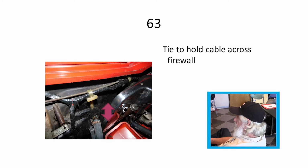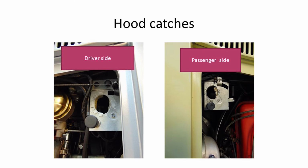The cable ran across the back of the firewall, was up with them nice clear plastic, supposedly in 63, 64, I think 65 threw up. They changed them to black. And they should be very pliable. The reproductions you get is pretty stiff. The catches